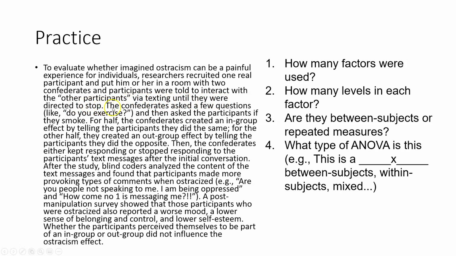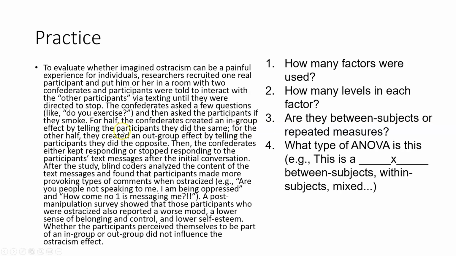to stop. The Confederates asked a few questions like, "Do you exercise?" and then asked the participants if they smoke. For half, the Confederates created an in-group effect by telling the participants they did the same. Like, for instance, if you were in the study and you didn't smoke, then they would ask you that question, and you would say no, and they would say, "Yeah, me neither." Or if you're the participant and you did smoke, and you said, "Yeah, I smoke," they would say, "Yeah, me